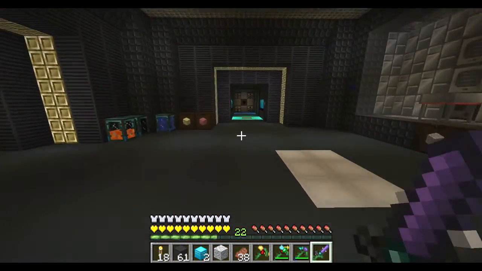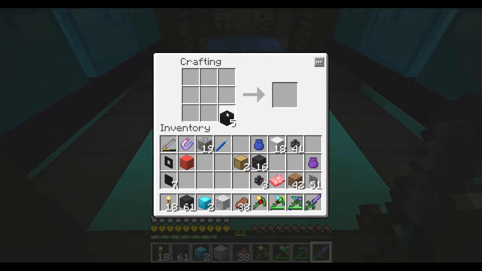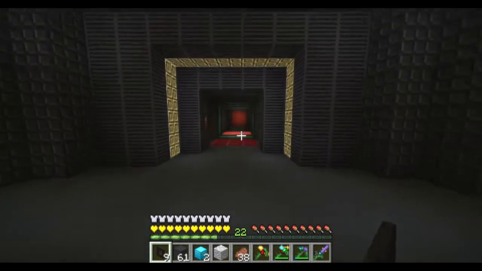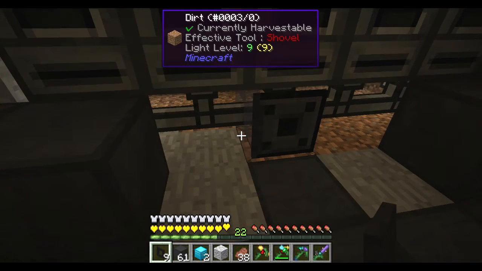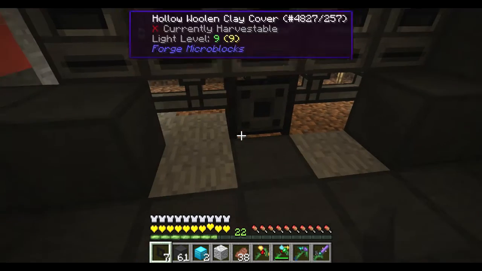Unfortunately, as I've said many times, Z-Tones does not actually work with microblocks, which is a little tragic. But instead, what we have is I'm using woolen clay. It's pretty close to black, and it's microblockable. So that's pretty cool. So we just make these hollow covers,